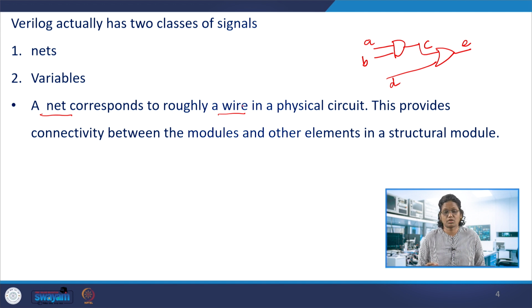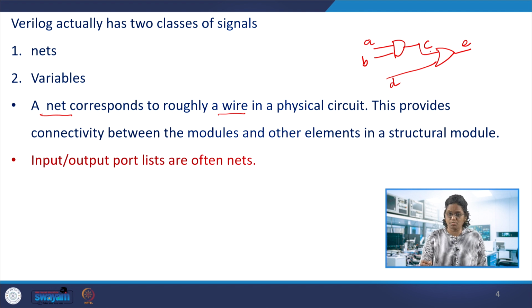What are the net types available in Verilog? We'll see. One type of signal is the net. This is a physical circuit, and it provides connectivity between the elements. Also the modules, especially in structural modeling, we are going to look at structural modeling, data flow modeling, and also behavioral modeling of digital circuits. So in that, we'd be able to figure out what this exactly is. The wire is just the basic connectivity it provides between the elements.